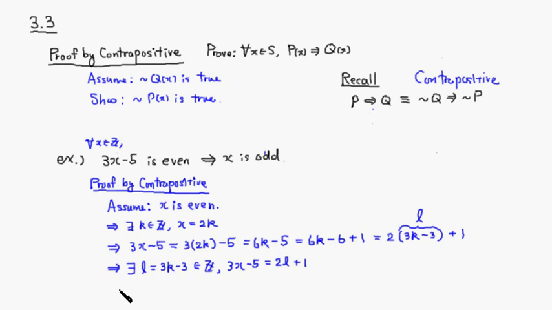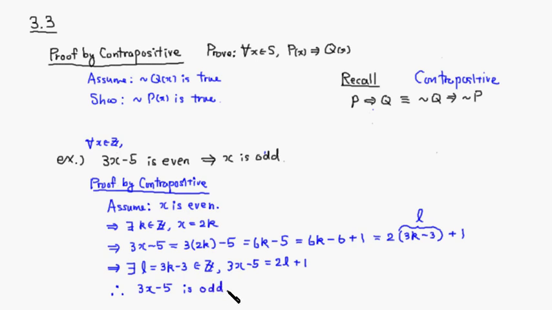So this implies that, therefore, 3x minus 5 is odd,